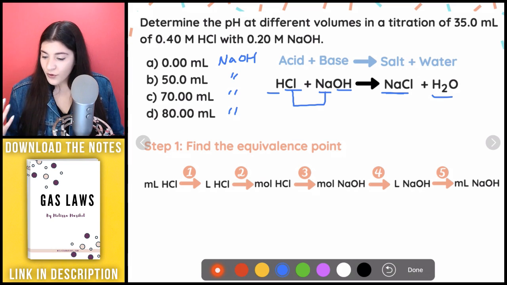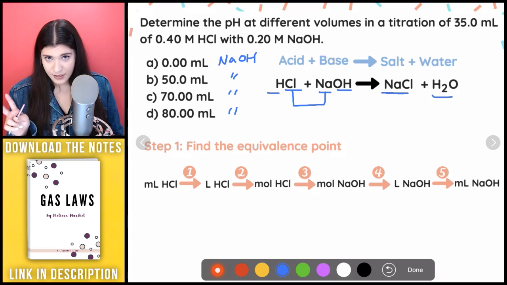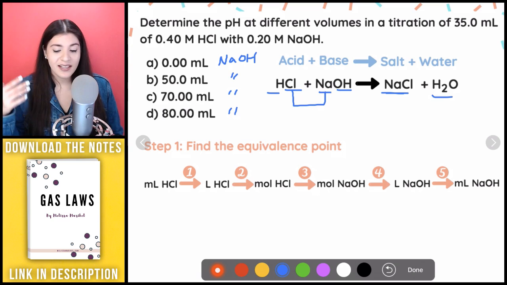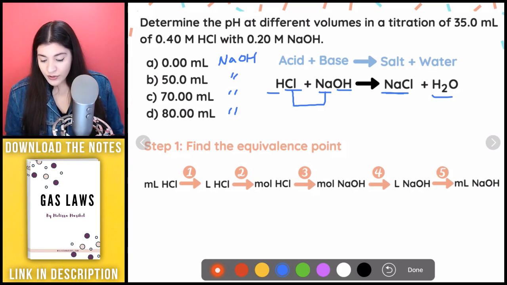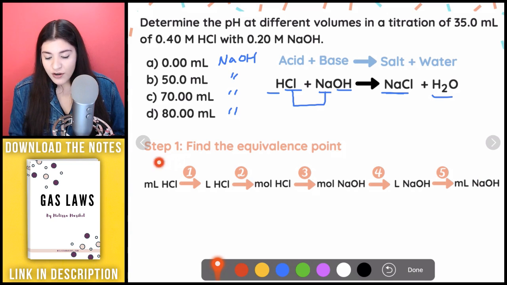So the first thing that I want you to look at: write your balanced equation, right? Write your balanced equation. Next, write what you're going to do for your equivalence point. So we're going to find our equivalence point essentially. Those are the two main things that you're going to do before you actually dive into finding the pH of anything. All right, so let's figure out what our equivalence point is going to be. Let me explain how I knew exactly how to do this, okay? So I'm always going to start off with what I'm given. And I'm given milliliters of HCl, right? 35 mils of HCl. So that's what I would start with.